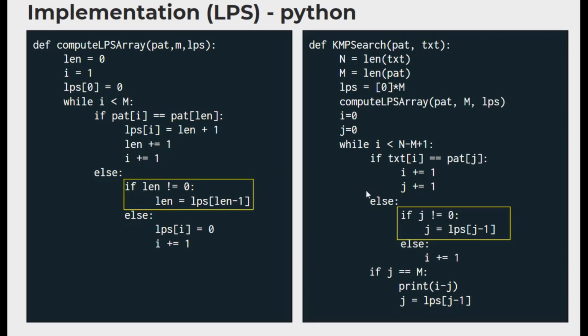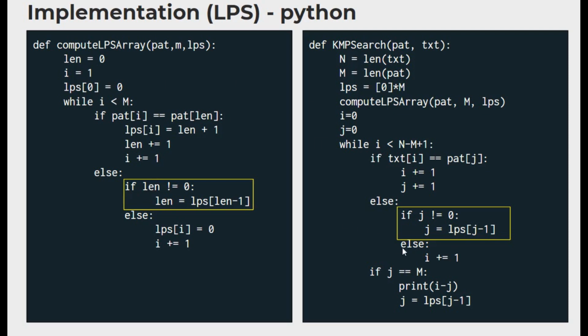We have both the methods that we discussed, LPS and the search method. If you see here, it is the same logic. Here in the LPS computation, it is just a single array, but here we have two arrays. That is the only difference. Since this is one single array, it might seem a little confusing, but if you compare these two, then you can easily understand the logic.